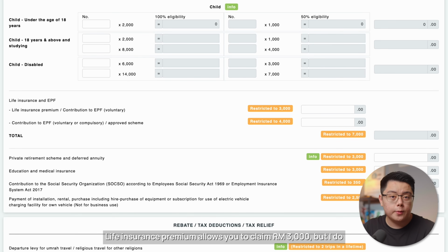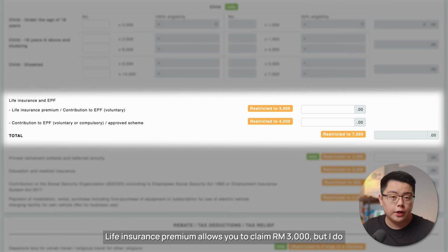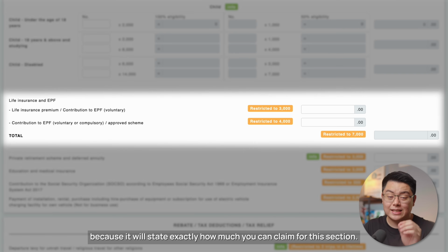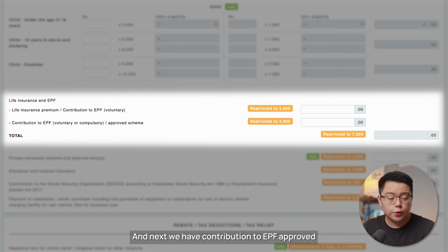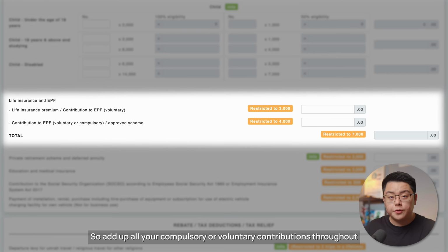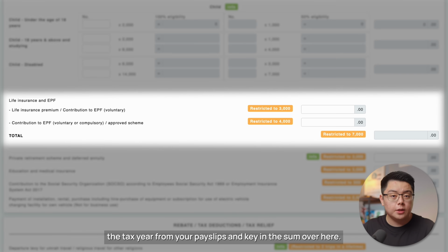Life insurance premium allows you to claim 3,000 ringgit, but I do encourage you to check your life insurance statement if you have one, because it will state exactly how much you can claim for this section. And next, we have contribution to EPF approved scheme where you can claim up to 4,000 ringgit. So add up all your compulsory or voluntary contributions throughout the tax year from your pay slips and key in